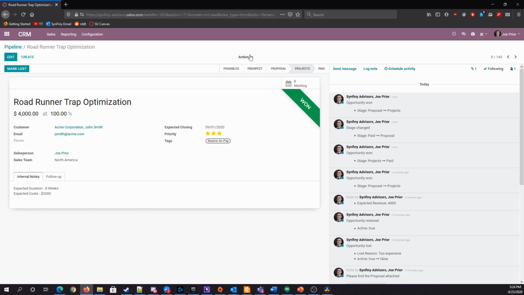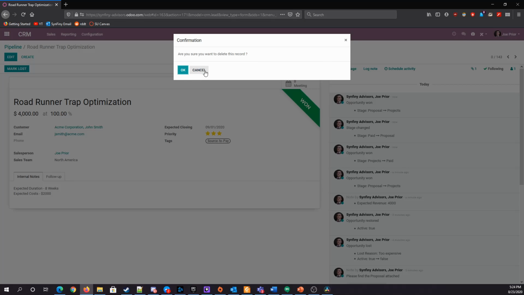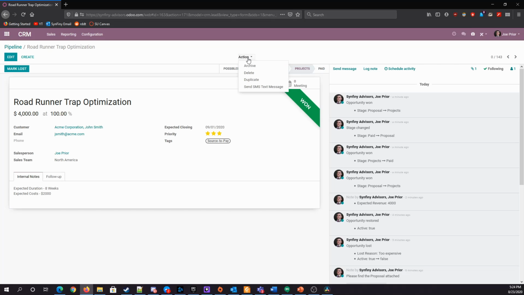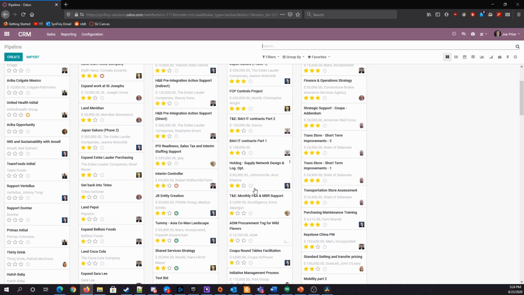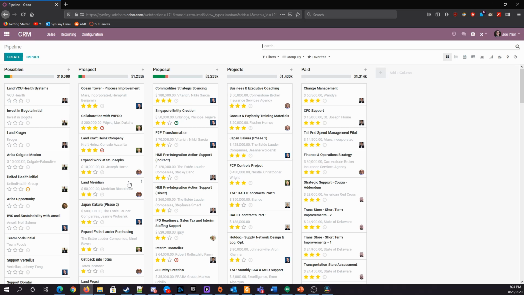Now, for the purposes of this tutorial, this opportunity has served its purpose, but just to show off the action tab in general, you can accomplish a number of different actions up here in the actions pull down. Now I want to get rid of this. I want to archive it. Yes, I want to archive this record, and then I can come back for future tutorials to utilize this same record if I need to, but it won't throw off our numbers in the overall system,